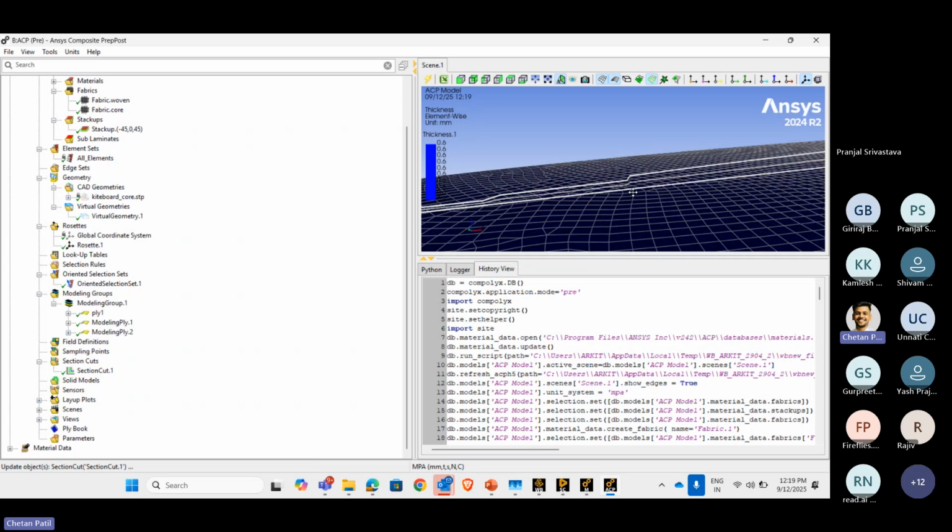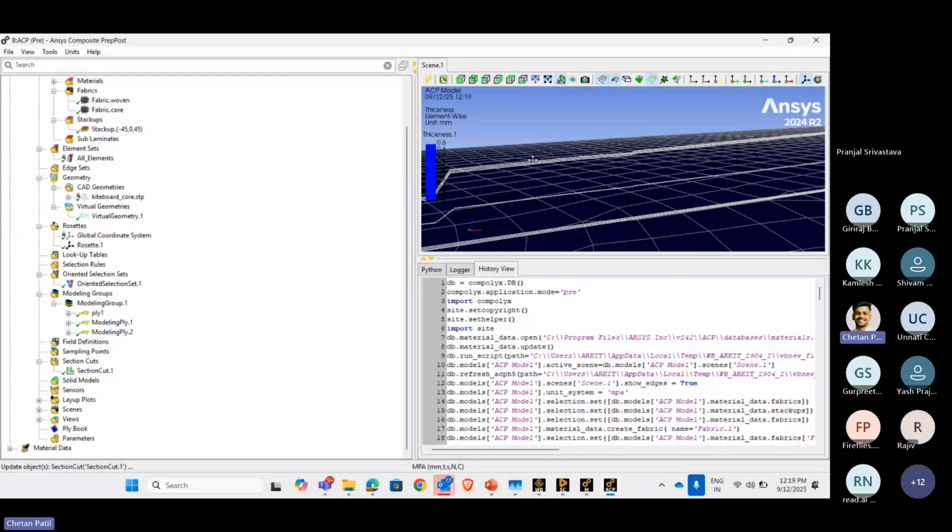You can see there are three plies present on the bottom layer. There is a ply present at the middle layer over here, and there are three more layers created at the top. Those are defined with respect to the strips over here, that is the line models. So every ply is being defined with respect to a line model. So the thickness of the line model depends on